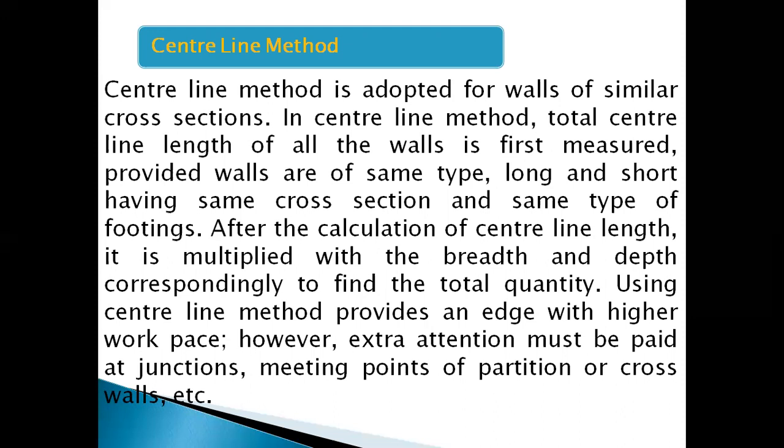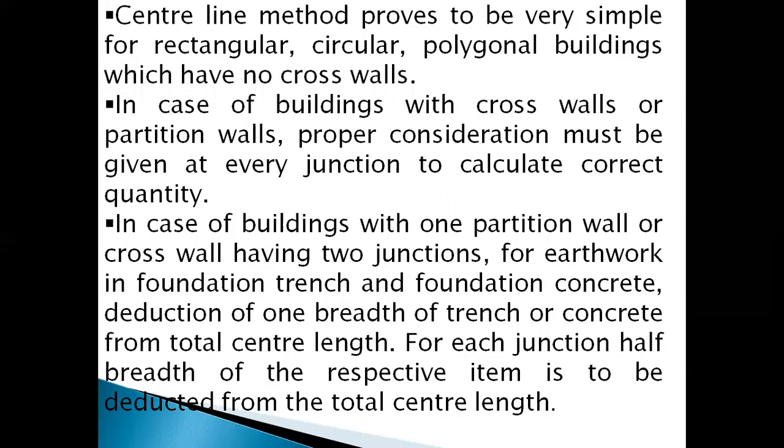However, extra attention must be paid at junctions, meeting points of cross walls, etc. The center line method proves to be very simple for rectangular, circular and polygonal buildings which have no cross walls. In case of buildings with cross walls or partition walls, proper consideration must be given at every junction to calculate it